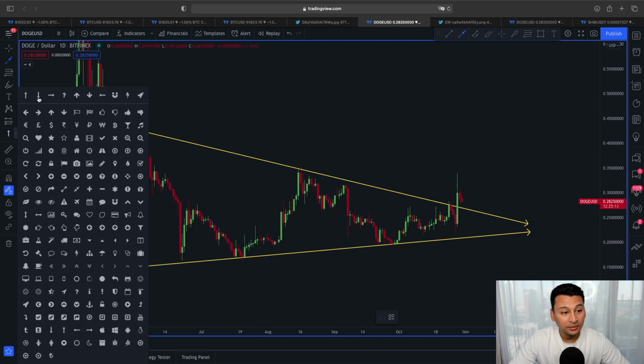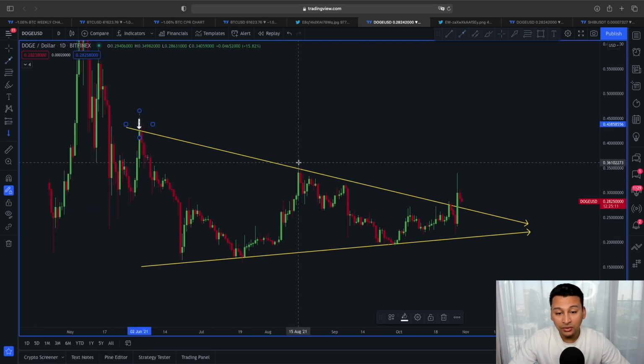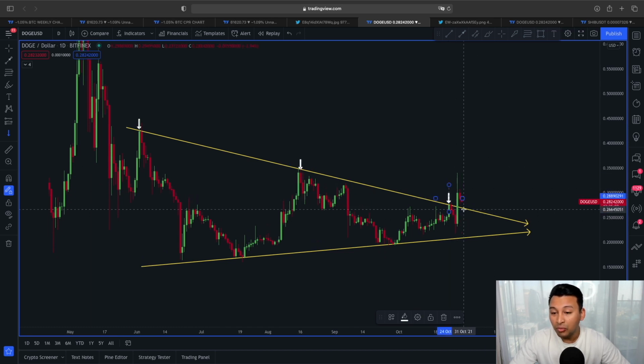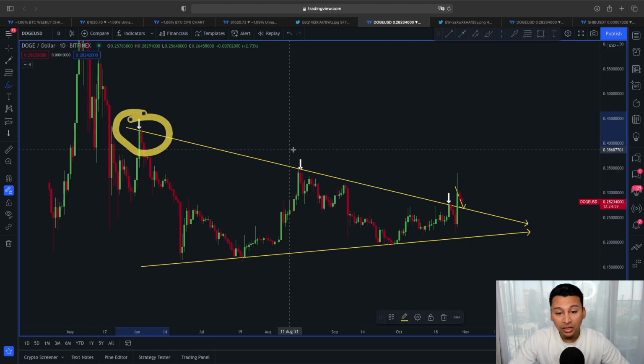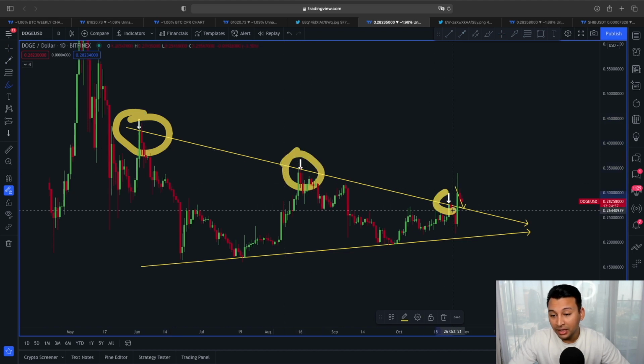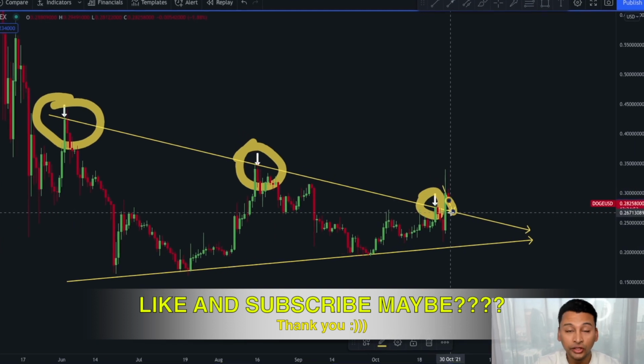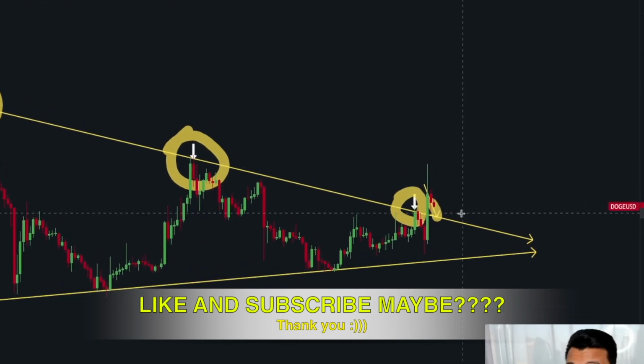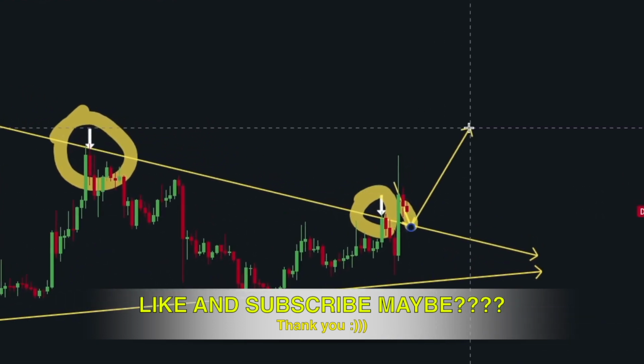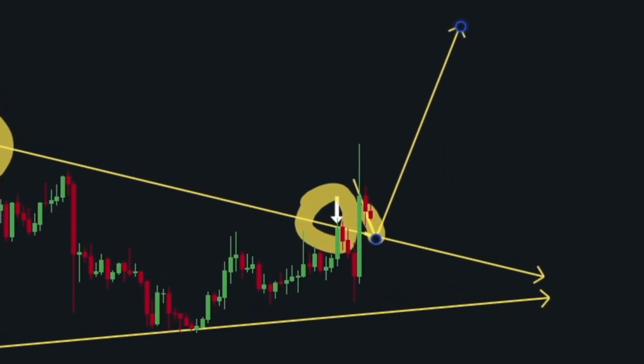As you can see here, this line was a strong line of resistance, and now since we have already broken out of it and are also seeing some sort of a pullback, this pullback could be a retest of this previous temporary resistance line, right? You can see this line could be retested, and if the support is going to be there around this 25 to 26 cent, then this could also indicate the trend is more probably going to continue this rally to the upper direction.